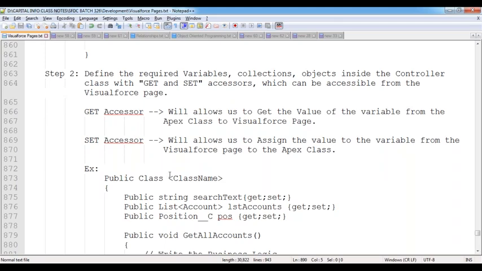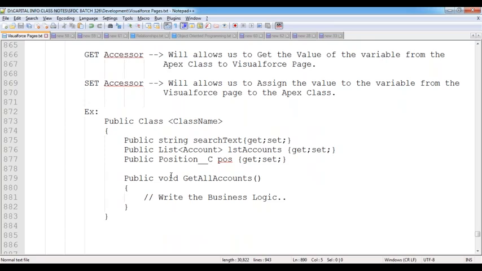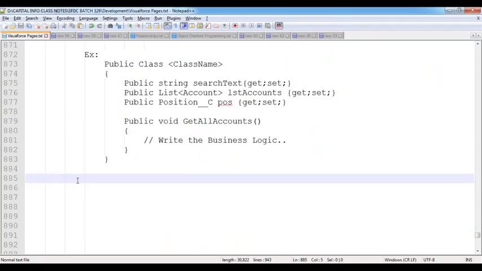This controller is what? Standard or custom? Custom. How can we use that custom controller inside the page? What is the property? Controller property. Right. This is the third step. Step 3. As a step 3,